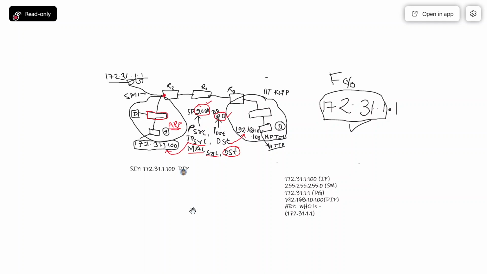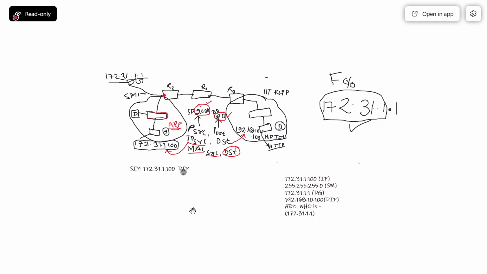Yes, sir. Okay. In this case, the destination IP will be the IP of the destination, and the IP of the destination is 192.168.10.100. Now coming to source MAC.